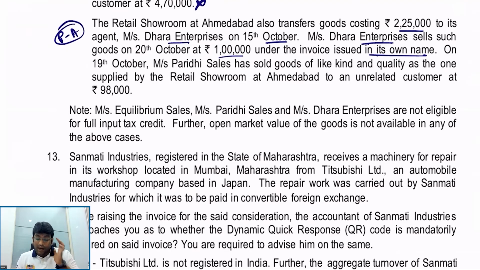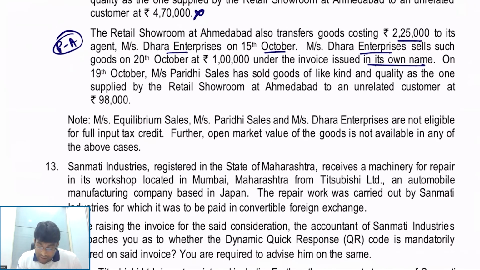On 19th October, Paridhi Sales has sold goods of like kind and quality. So what is that value, my dear friends? Dara Enterprise is selling such goods at 1 lakh rupees in its own name. That is the interesting point they have given. On 19th October, Paridhi Sales has sold goods of like kind and quality as one supplied by retail showroom at Ahmedabad to an unrelated